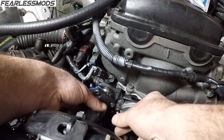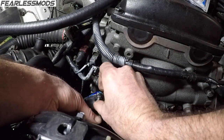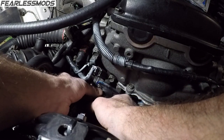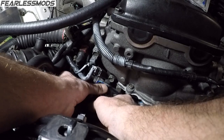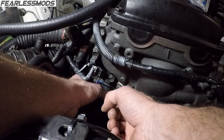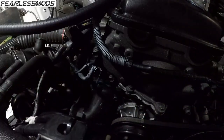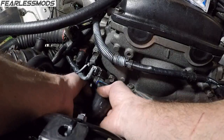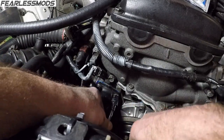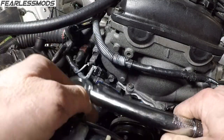And let's get this thing going here. So make sure you get that thermostat down in the groove, otherwise it won't seat flush. Okay, so right now I've just got them all snug down. Now I'll go check the torque for this standard size bolt,